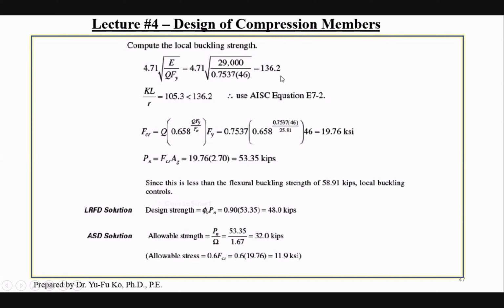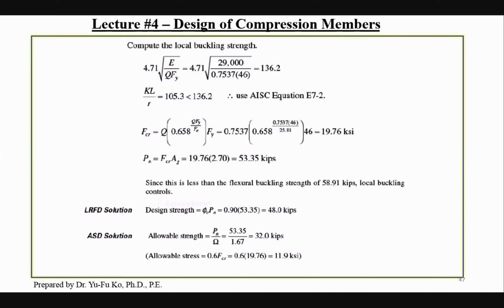Then you got 136.2, and your slenderness ratio is 105.3, less than 136.2. Then you use equation E7-2, but now you need to account for local buckling, so you multiply by Q. Then you got 19.76 ksi. Then your nominal strength to account for local buckling is